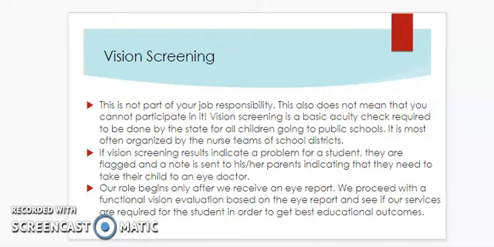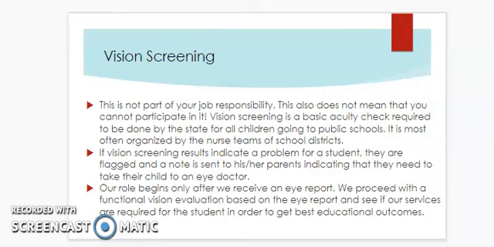So most of those cases are where the students just forget to wear their glasses for the vision screening or don't have their glasses at that moment. So you'll want to make sure that they had already been to an eye doctor, and most of the vision is corrected with